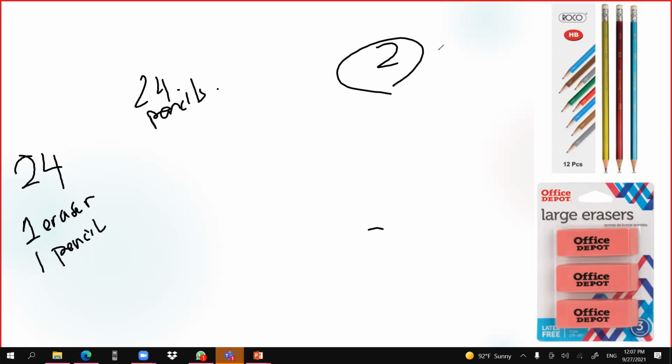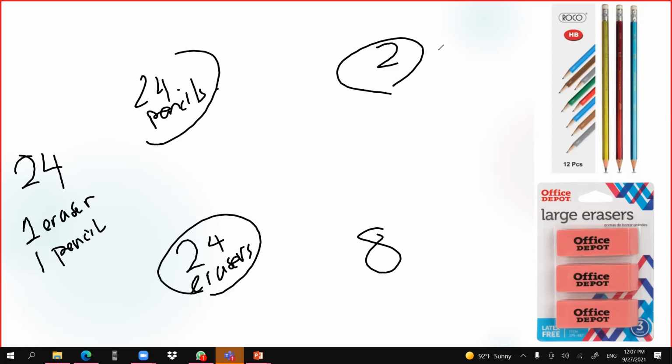Eight, because 8 times 3 is 24 erasers. So now, after you buy 2 packs of pencils and 8 packets of erasers